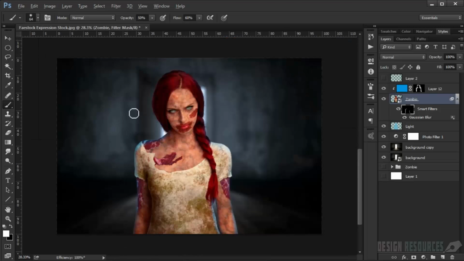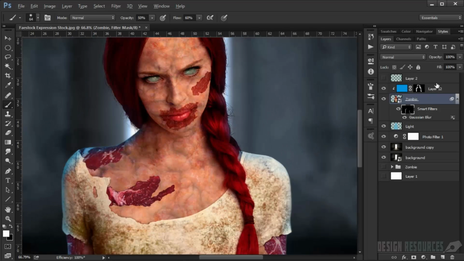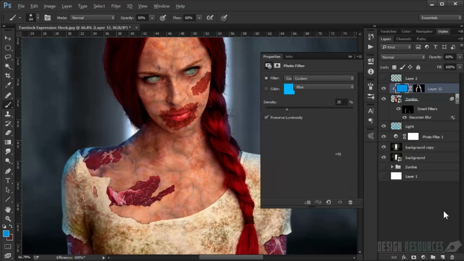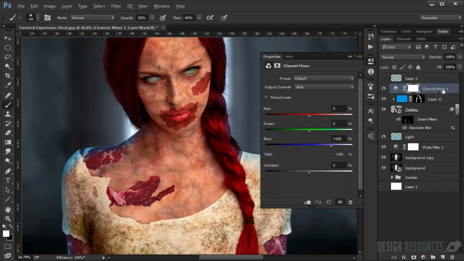Alright. Now I will go and I will apply a Channel Mixer in here. So go and choose Channel Mixer. I will just make a clipping mask to the curve, like so. And I will just choose red, and I will just put plus 104,